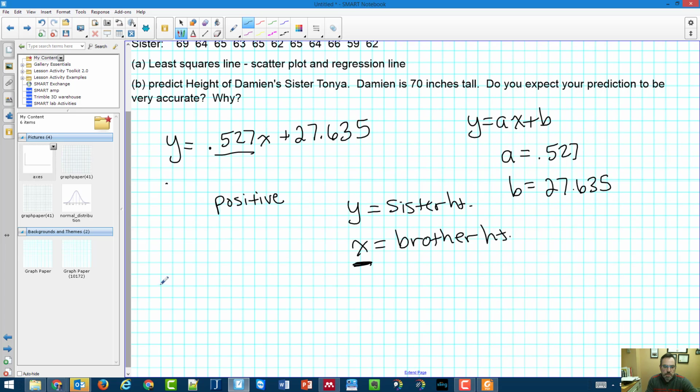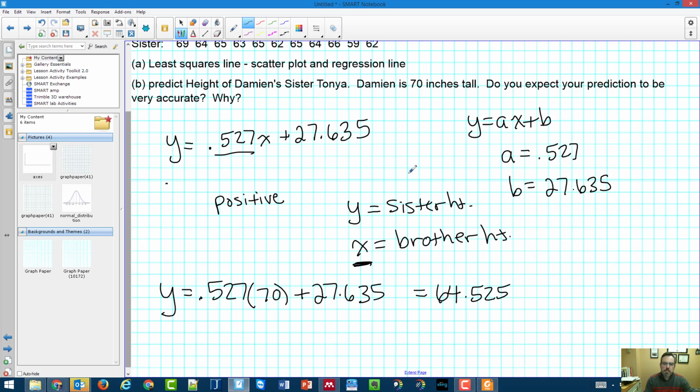So I'm going to do this equation, y equals 0.527 times 70, because that's how tall Damien is, plus 27.635. All right, so I'm just going to crunch those numbers on the calculator here. And I end up with a height of